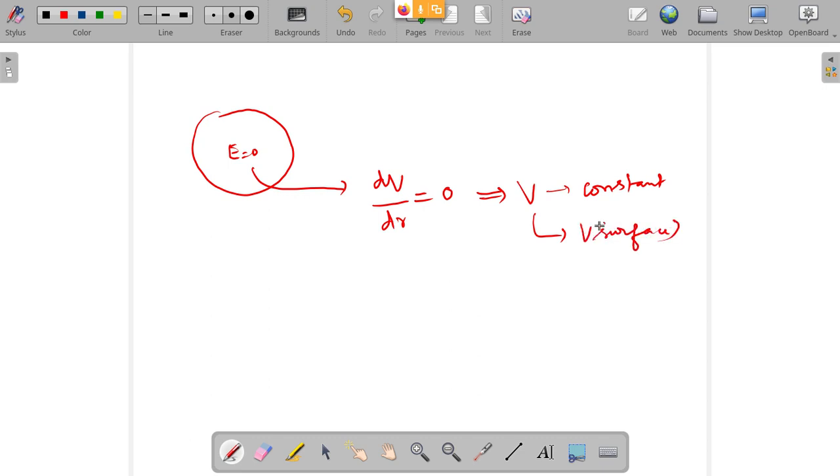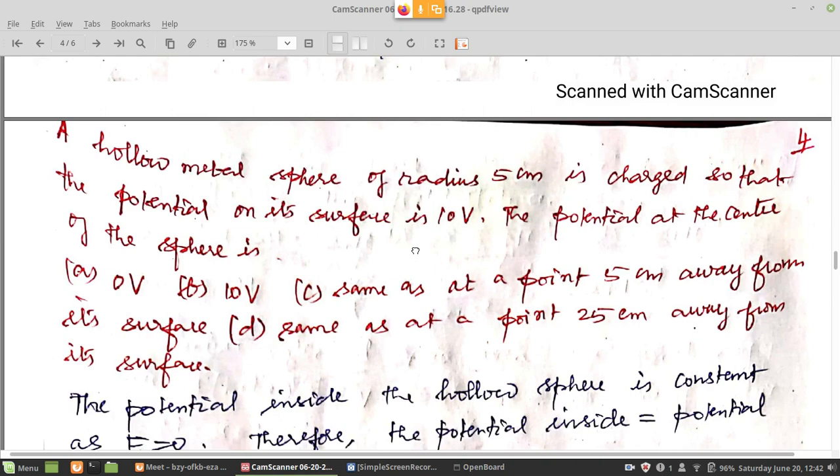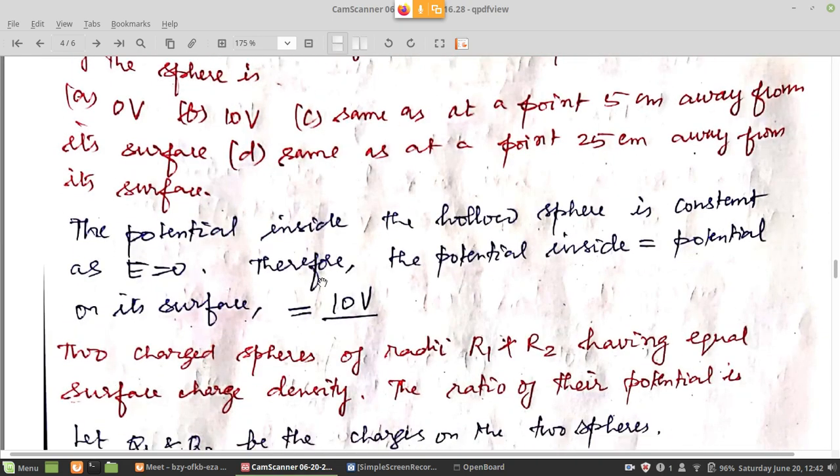This is true only for a metal surface. Remember, metal spheres, and that too hollow. For a solid sphere, there is another relationship which we have studied, that is Vc is 3 by 2 of Vs. That is also another result you have to remember for solid spheres. Solid sphere means it is non-metallic. Solid non-metallic spheres. Please check the derivation for that relationship. In that, finally we have Vc is equal to 3 by 2 of Vs. Please check that. That is another result that you have to remember. Okay, so the choice there is B.